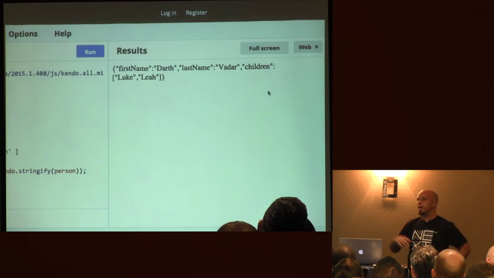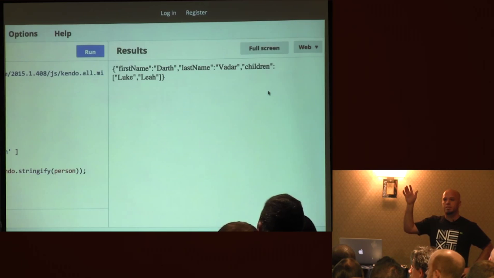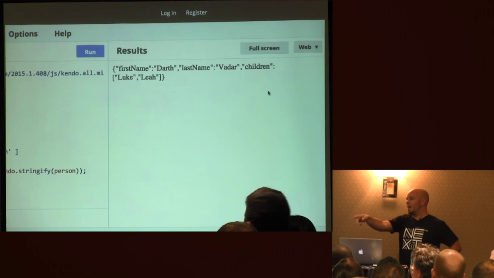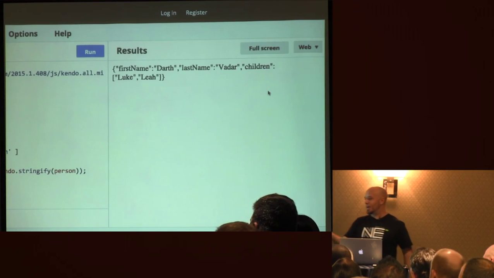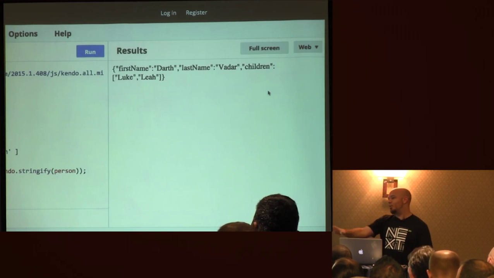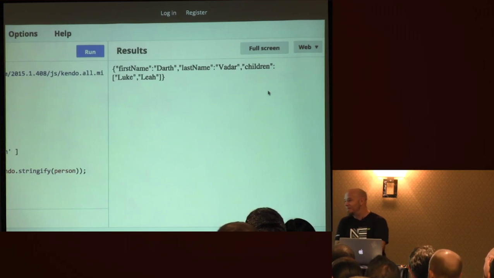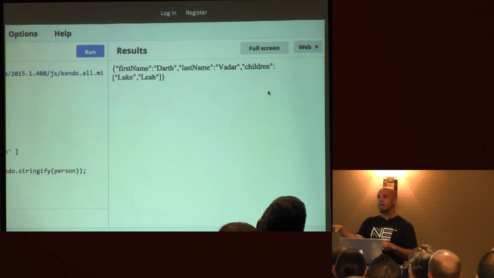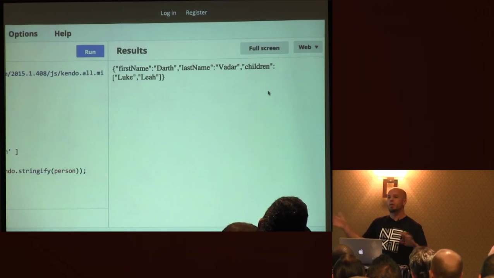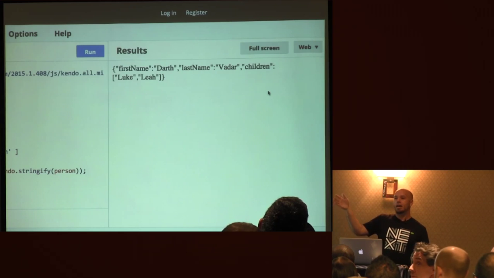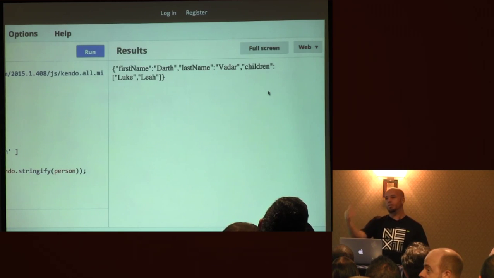And Kendo UI is compatible. Anybody using IE7 on a daily basis? Oh, good. This guy right here. Okay, there's a support group later. All the SharePoint people are going to be there too, so you'll be in good company. No, but the thing is, a lot of people are still supporting older browsers. What about IE8? IE8, okay, this guy, man, I really appreciate the courage of people to step out and be like,